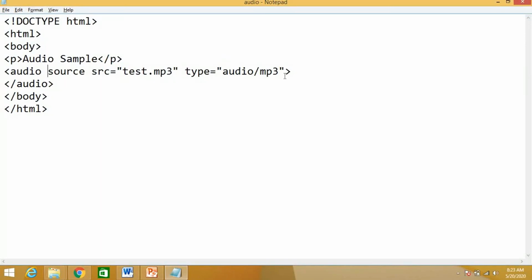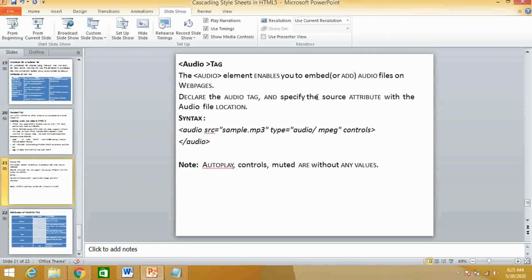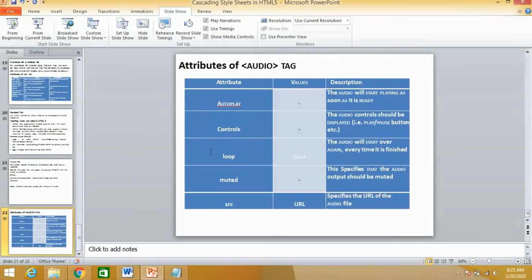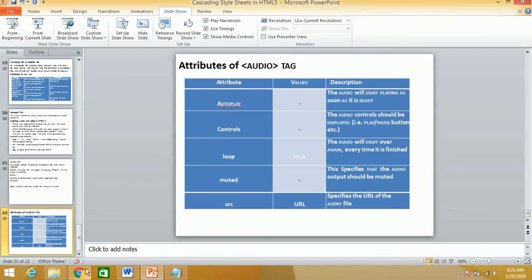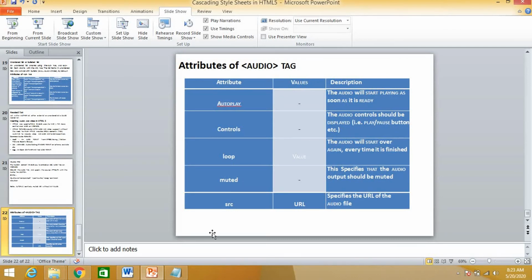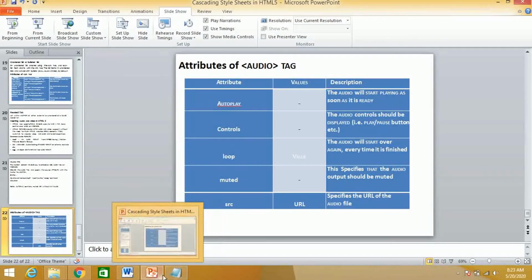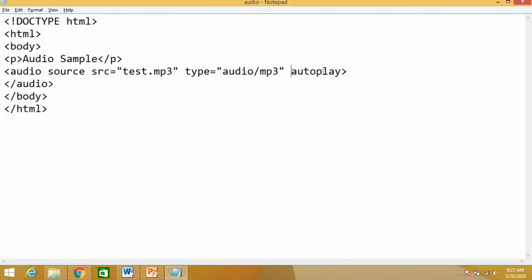If I am not writing the controls, and I am writing autoplay, see the effect. It is not displaying. Controls.